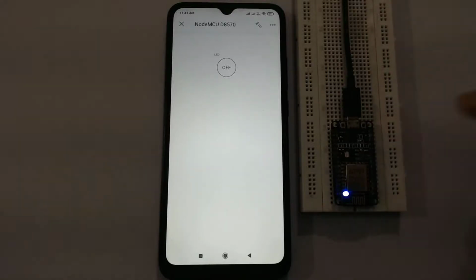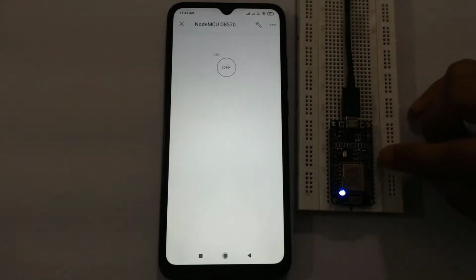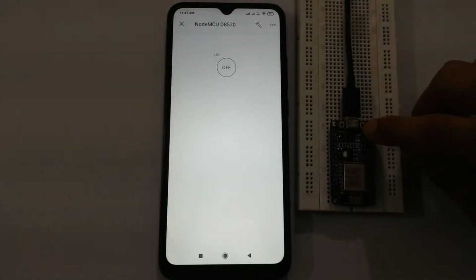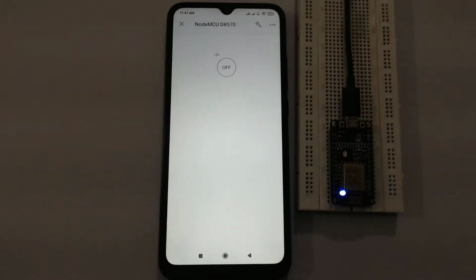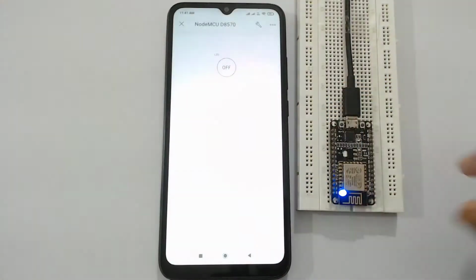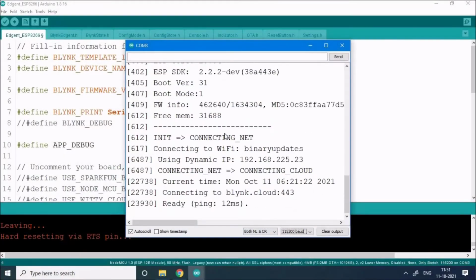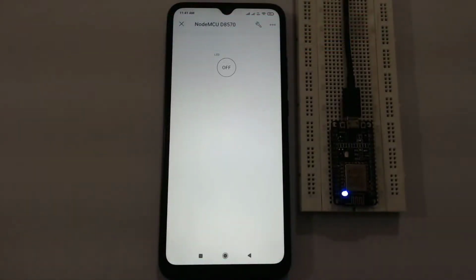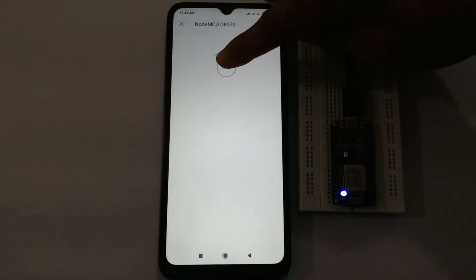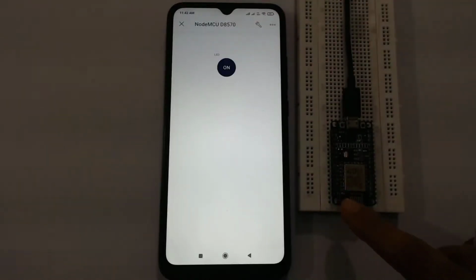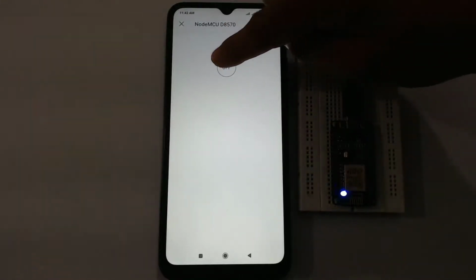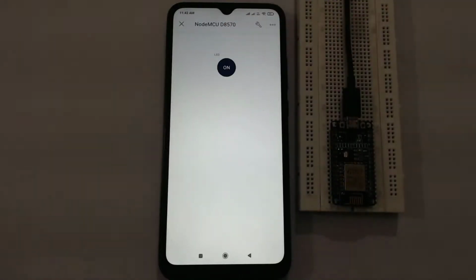And just to make sure, before you run the test, we have to press on this reset button, so our NodeMCU will connect to our network, and somewhere on a serial monitor you will see that it shows our NodeMCU is ready to talk to our mobile app. So I can press this button, and you see the LED on the board turns off. I can press the button on, off. So now I can control this LED on NodeMCU